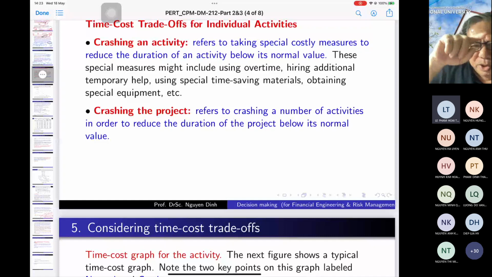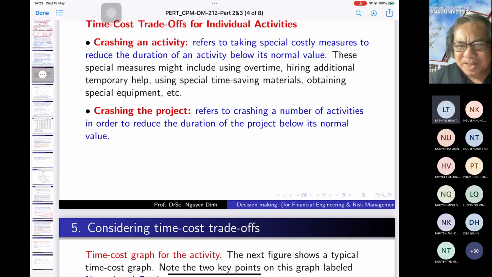And in this note, we should crash 1 week or 2 weeks or how many weeks in each of this. For the whole project like this, you know that the longest path is... but by the way, the longest path is the critical path. Is that okay? Critical path, the longest is 44.